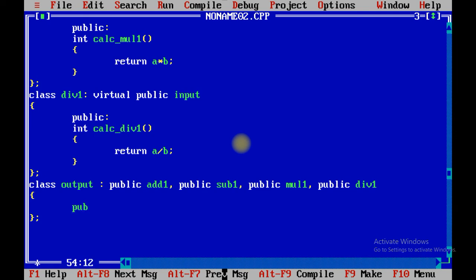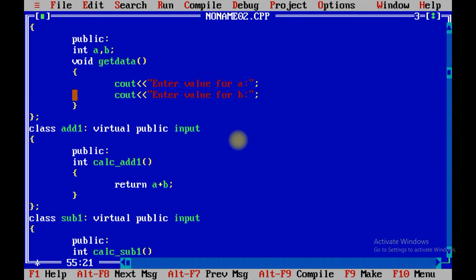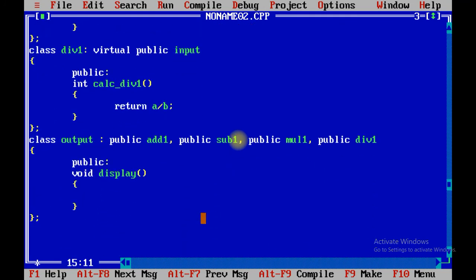Now public keyword, I am going to develop a void display function, or over here let me change the name. In the input section we have taken get data, so I am going to implement put data over here, not display. Get data will collect data from the keyboard and put data will display on the screen.